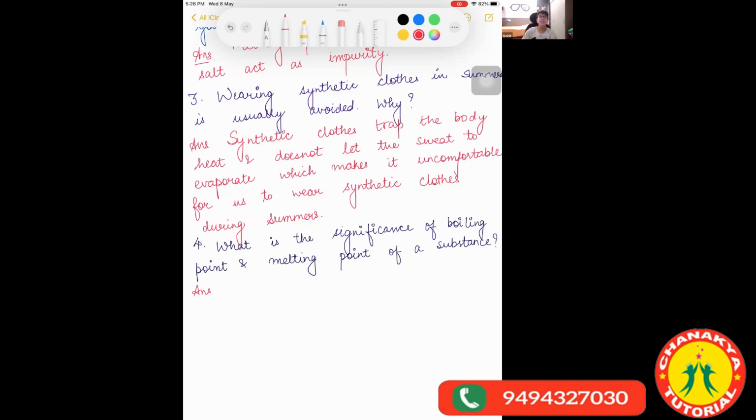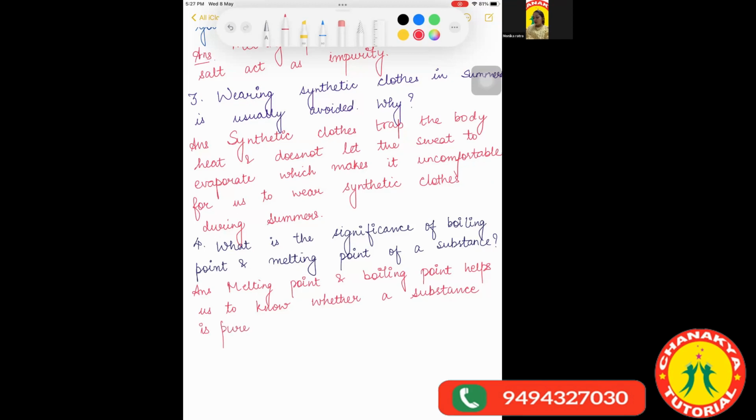It allows the substances to change properties easily. No. The melting point and boiling point, I have already discussed the same the day before yesterday. Melting point and boiling point help us to know whether a substance is pure or not. This is one thing. I have discussed this so many times with you all. And secondly, it also